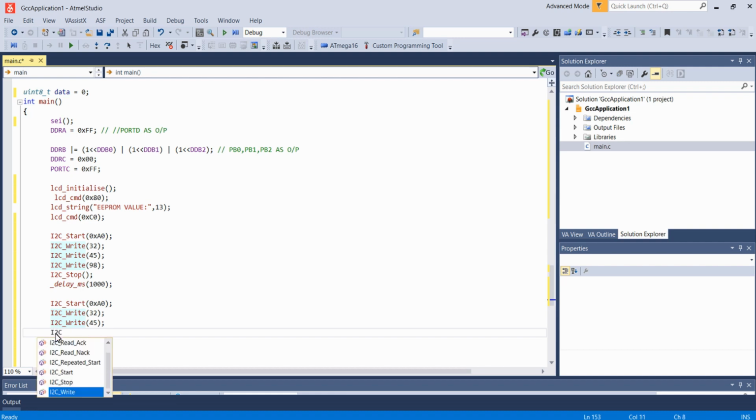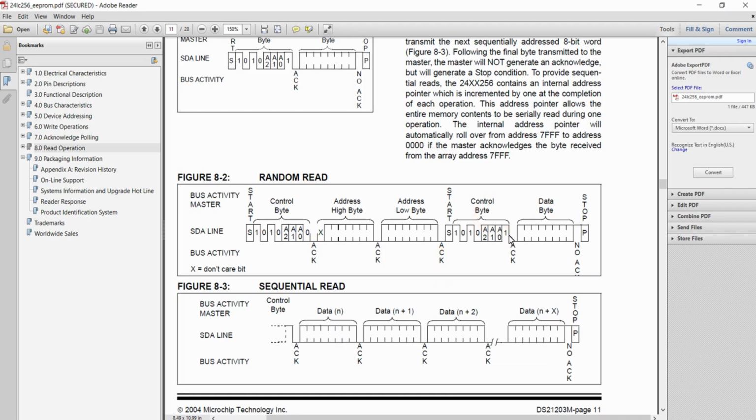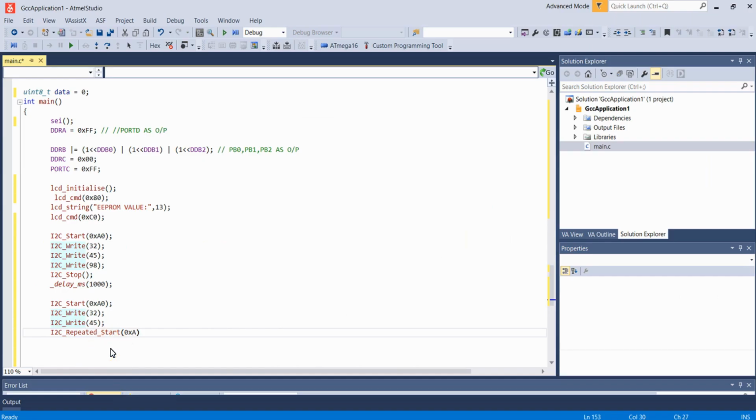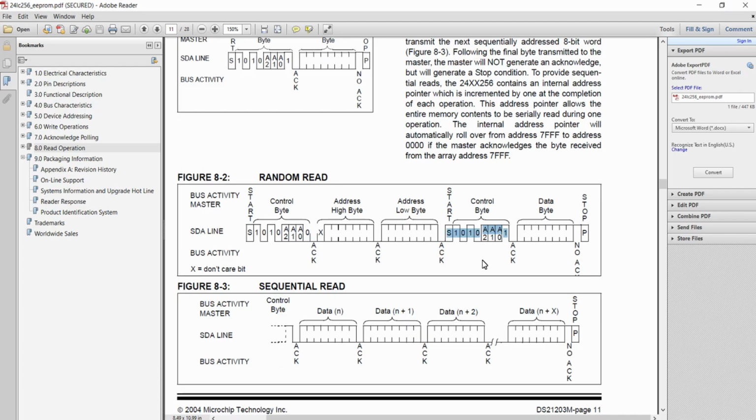So I'm using the repeated start function with the slave address along with read bit, that is nothing but 0xA1. Then after that, we just want to read the data, then we just want to send a not acknowledgement bit, then the operation is stopped using the stop bit.